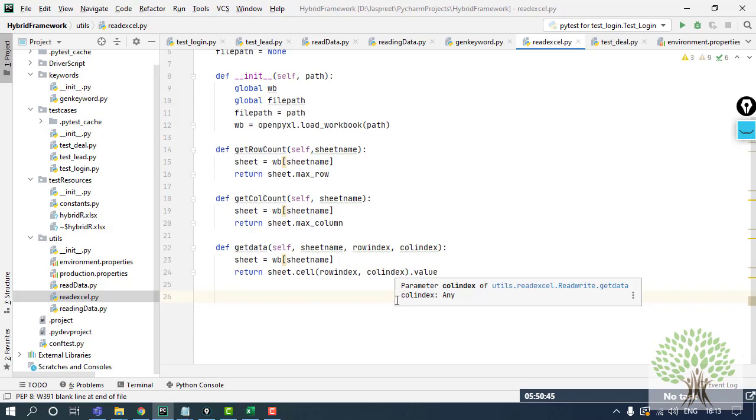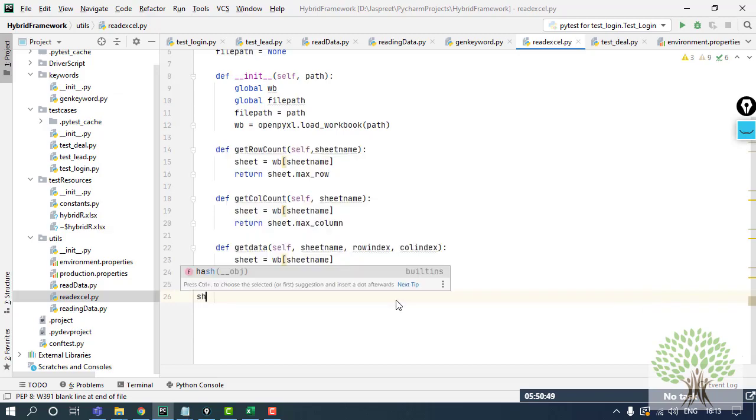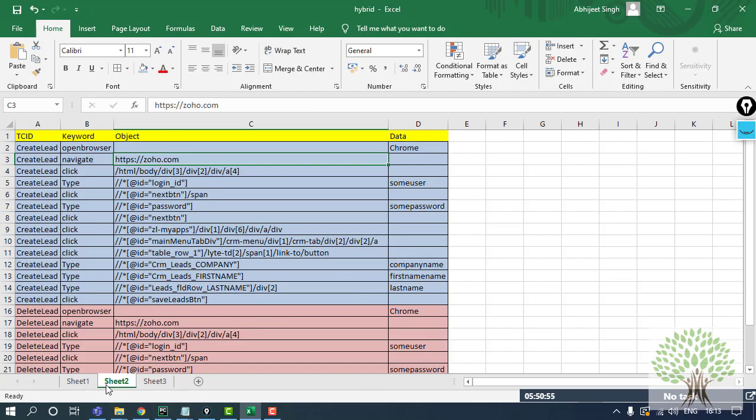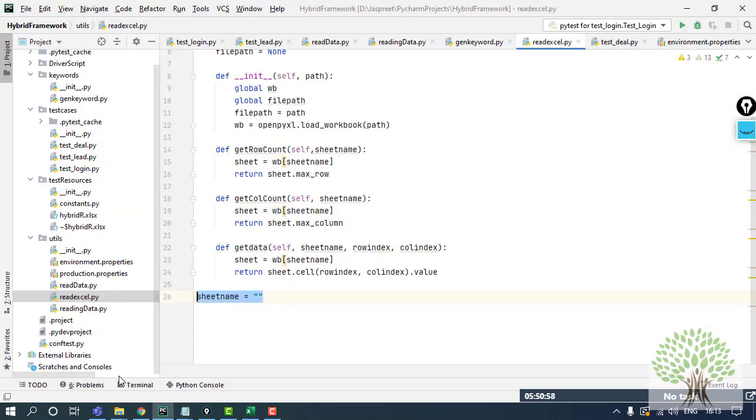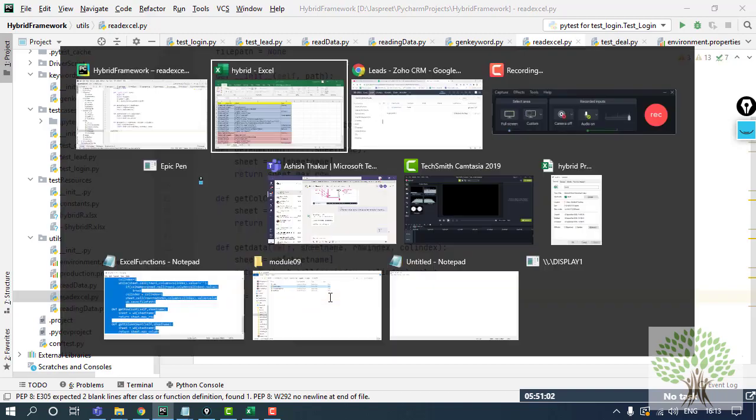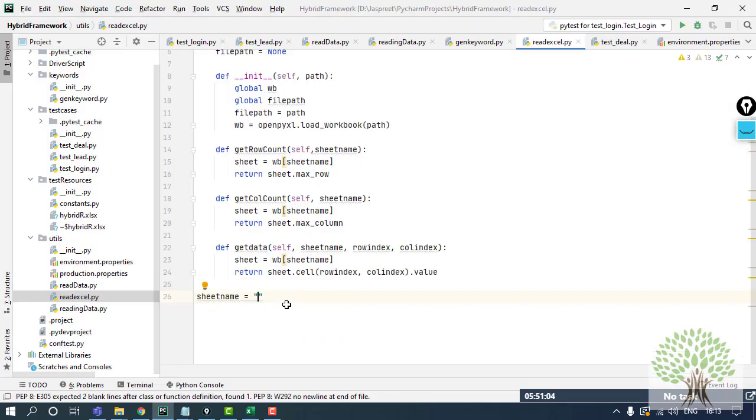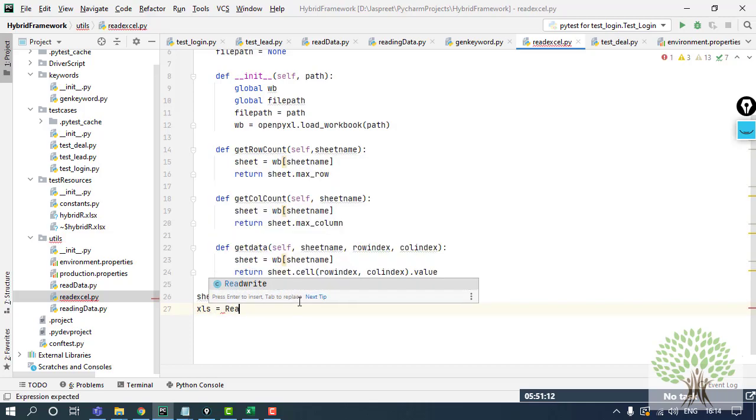So let's just put the logic for this. I'll specify the sheet name beforehand so that I don't have to give it a number of times. So my sheet name over here is Sheet2. And then I will be making the object of the class that I have made above, the read-write class.